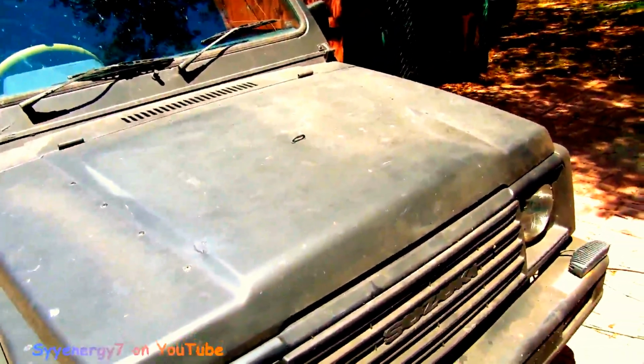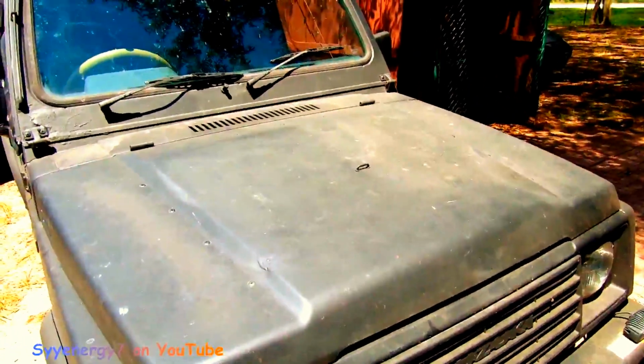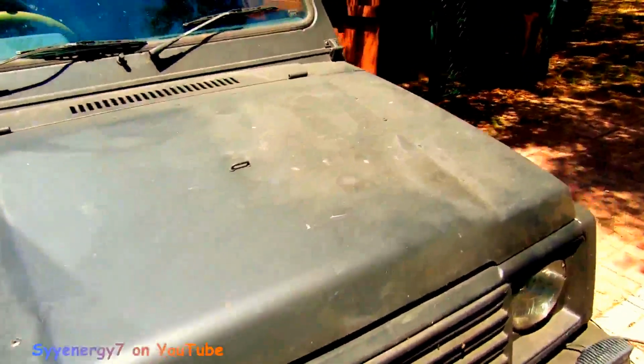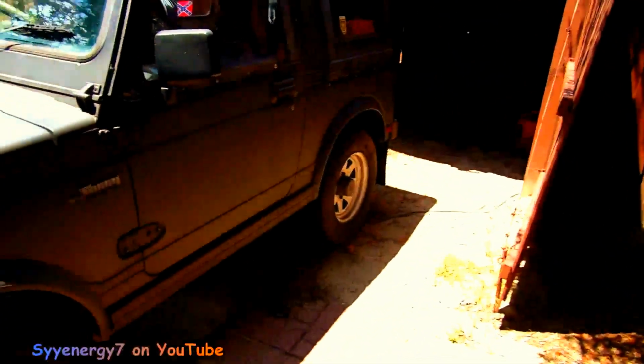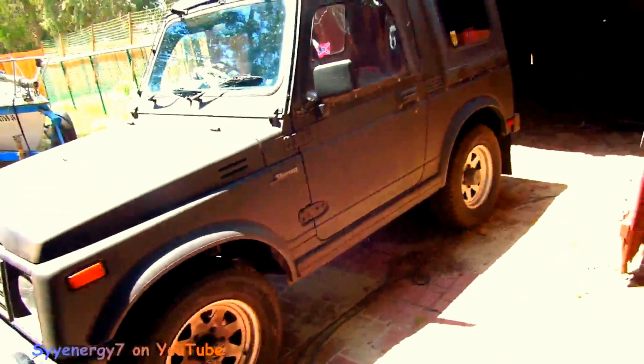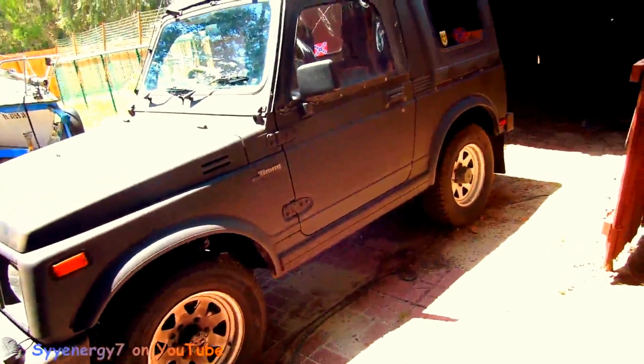Probably the best thing is just to go very conservative, especially if somebody didn't option it out or off-road it much. And some people buy Jeeps. This one's basically been driven on the road a lot, and for roughly 10 years out of the 30 years I've owned it, this was my main everyday